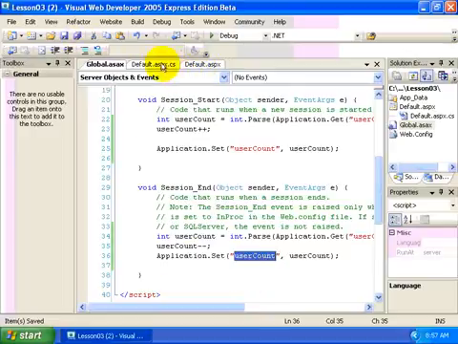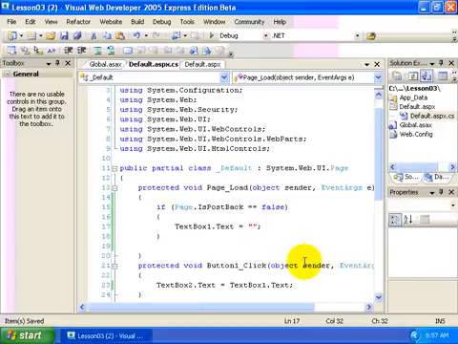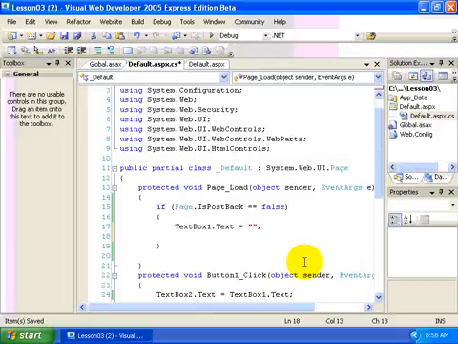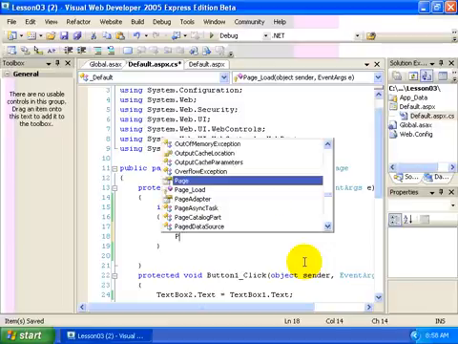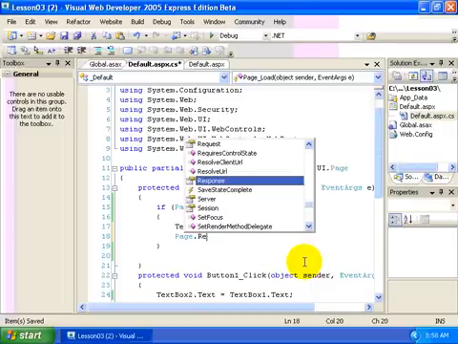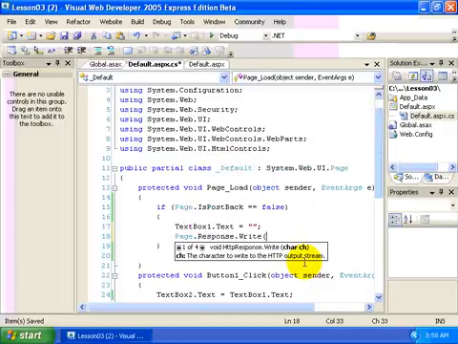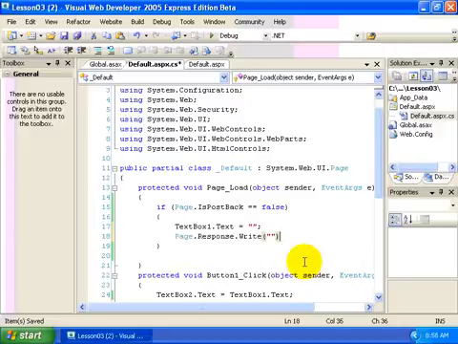Then within our pages, we want to display the current application user count within our web page. So what we can do, just for a quick, easy way of writing a value to a web page, we can get access to that particular page's response stream by accessing the page.responseObject.write. And so again, whatever we put in here will be written out to the response stream. We could write in HTML, we could just write values. Whatever we put in here will actually get written to the top of the body of our web page. So response.write, and we'll pass in user count,